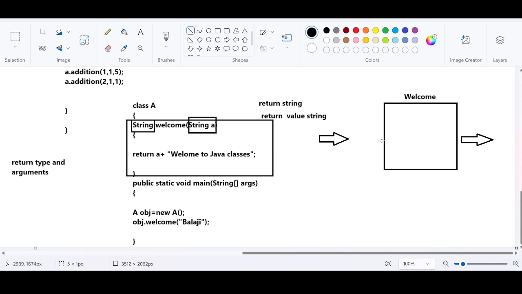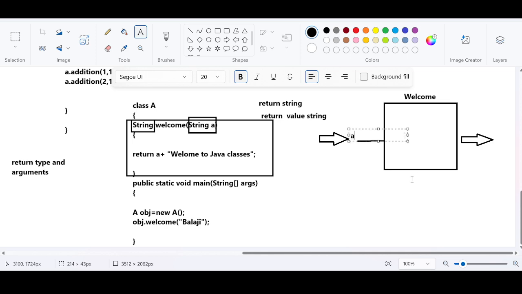So the input is accepted in the form of the string A, and you can pass any content in the A. In place of A, you pass Balaji. This Balaji will be manipulated in such a way that the Balaji gets concatenated with what? Welcome to Java classes, and this is going to be returned. This complete string statement will be returned the moment you call this